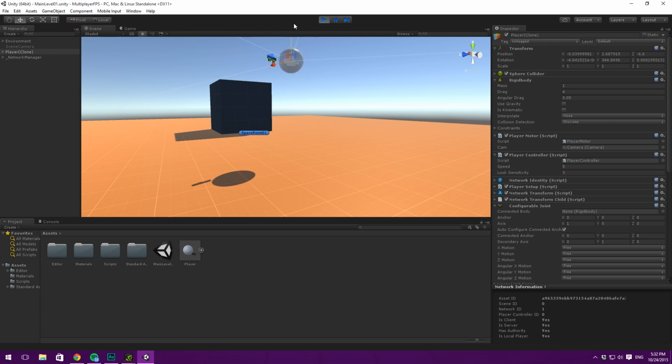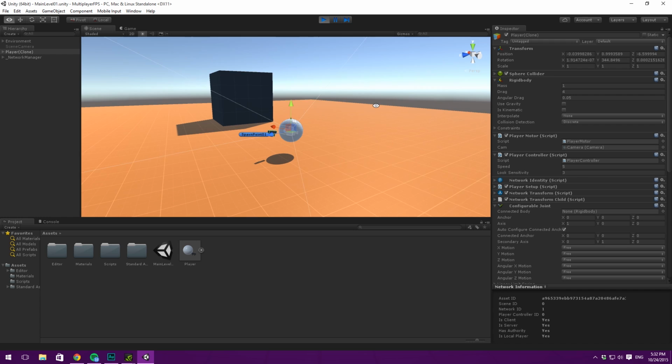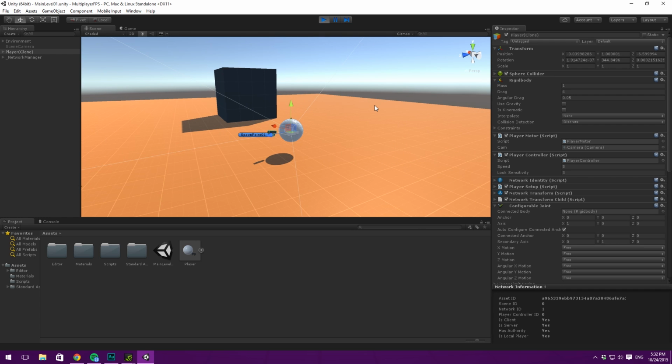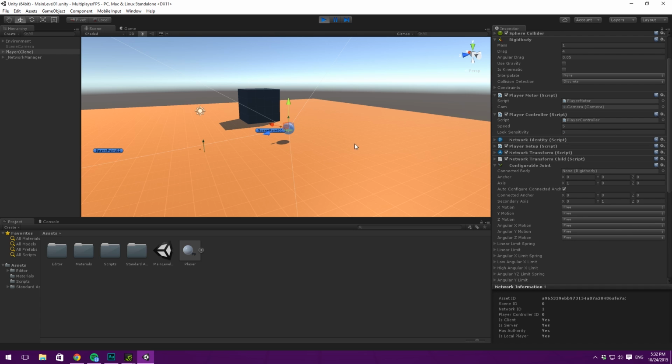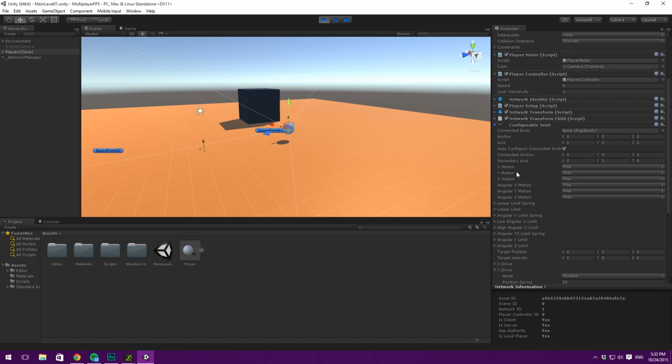You will also notice now that when I do this, we don't collide with the ground. And the reason why is fairly simple. There's no real collider on the ground at the moment. So we are going to add that. Actually, let's add that in a second, because we have one